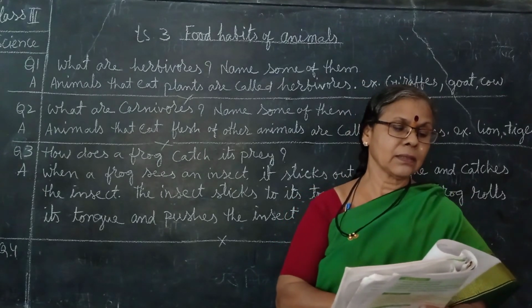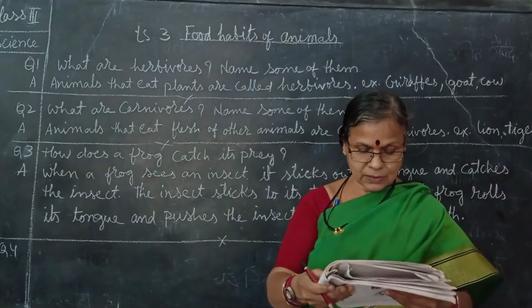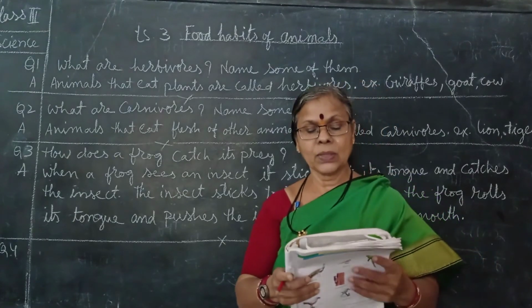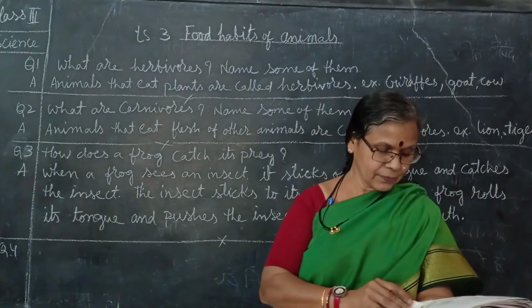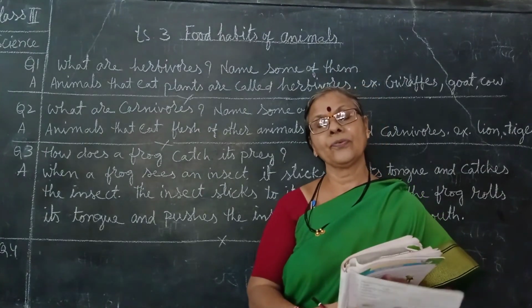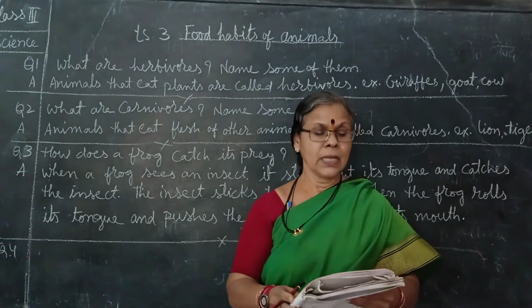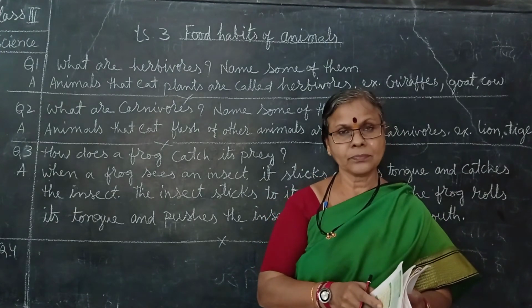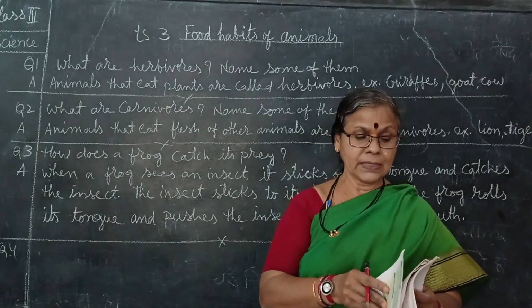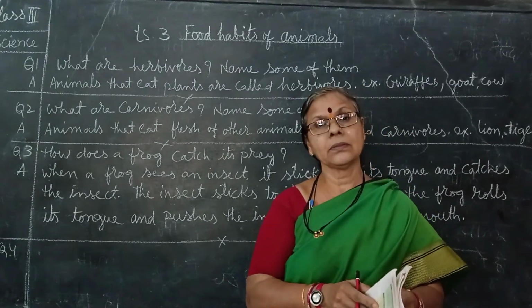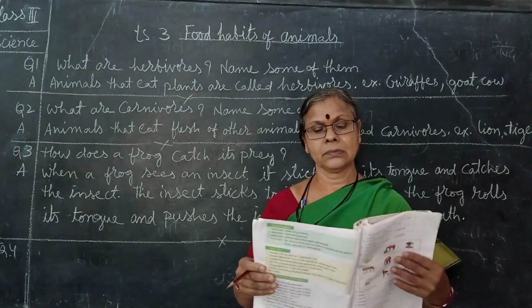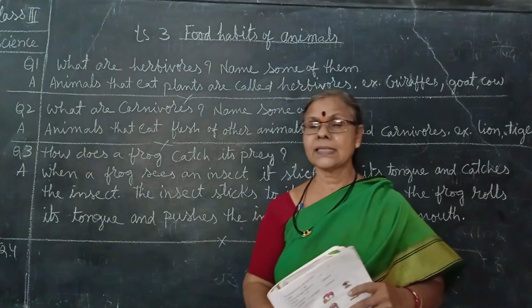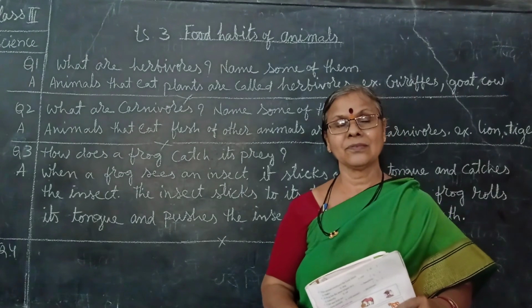Eight animals in the crossword. Open the page, turn to page number 208. Find eight animals in the word grid. This you can do by yourself, finding out the animals. First, I request you to read all the questions and answers, read all the objective type. First, you need to read the lesson for the fill in the blanks. It may come from the middle of the paragraph, lines and all. Okay, now this we have done. Please remember this and be prepared for the examination.